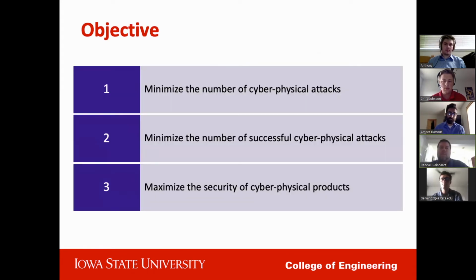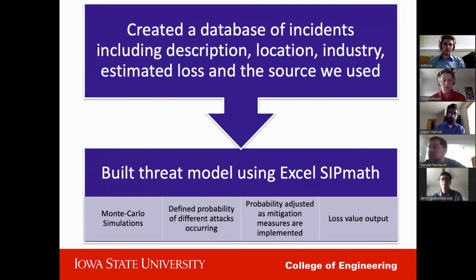The objectives for the project were to minimize the number of cyber physical attacks, along with minimizing the number of successful cyber physical attacks, and to maximize the security of cyber physical products. The way that we decided to accomplish these objectives was to first create a historical database of past cyber physical attack incidences, including the description of the attack, the location, the industry, the estimated loss, and the source that we used. This would be the first deliverable to the company, as well as creating a second deliverable, a threat model